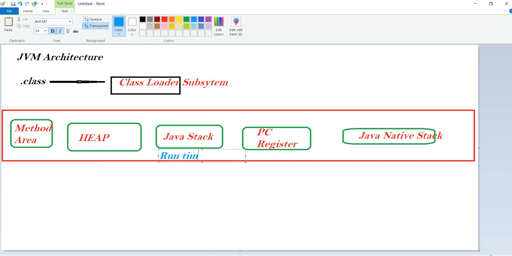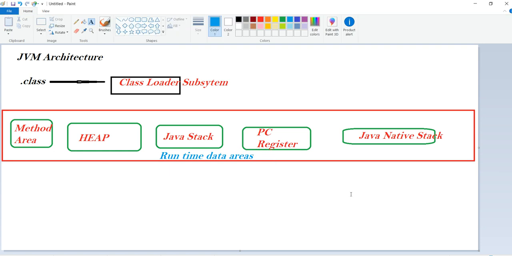Whenever we compile, execution can go from here to here, either top to bottom or bottom to top. Then after this it again goes to the next steps.